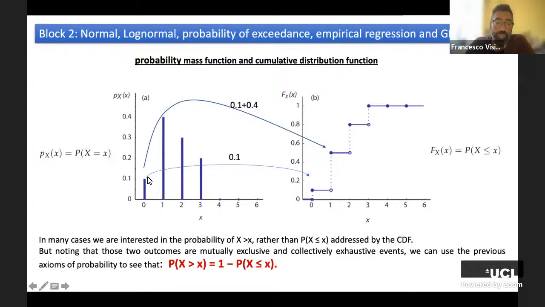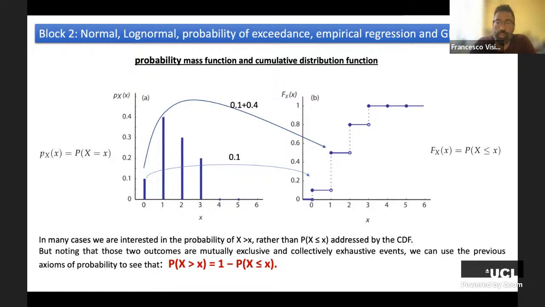So, for example, the probability to have less than 1 event is given by 0.1. The probability to have less than or equal to 1 event is the probability of 0 plus the probability to have 1 event. So 0.1 plus 0.4, that means 0.5. And so on. We can compute the probability to have less than or equal to 2, than 3, and so on. In many cases, however, we are